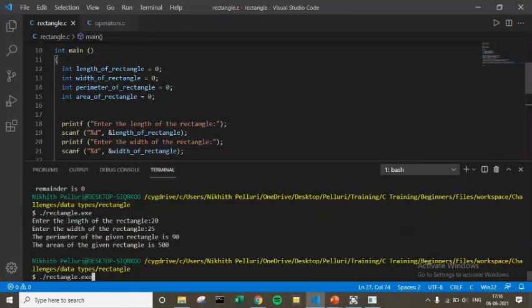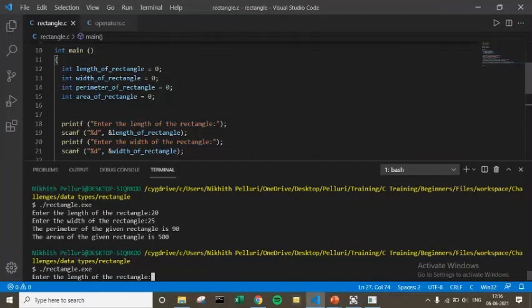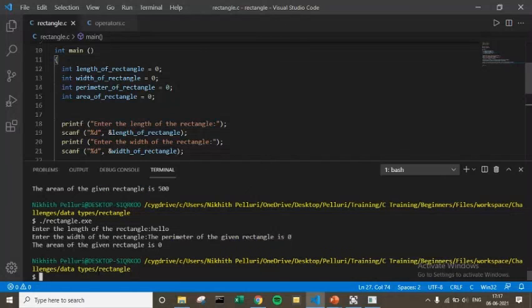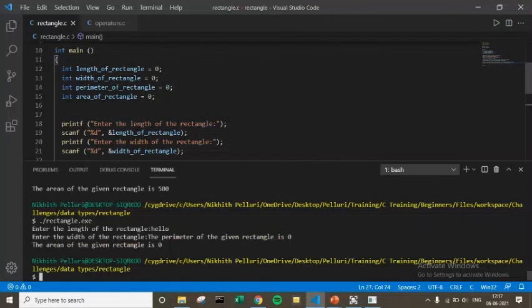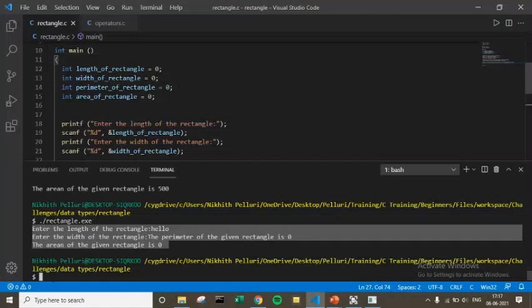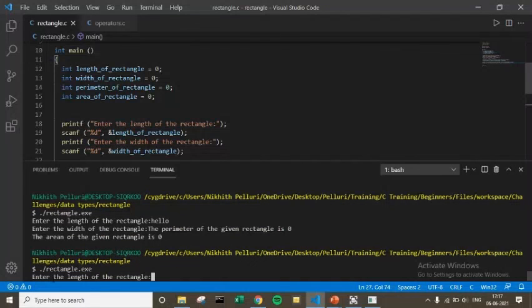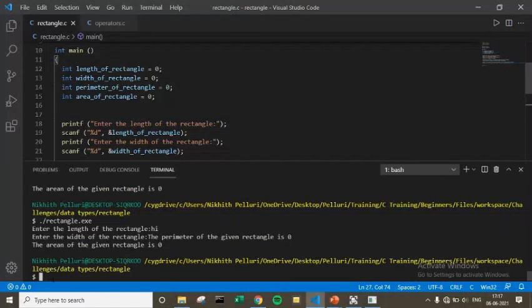You can even try something like this. But never ever try weird things like, when they ask for a value, don't type something like hello, because it leads to some undefined behavior. Or even sometimes a core file will be generated. So never try something weird like this. Even my system crashed once.